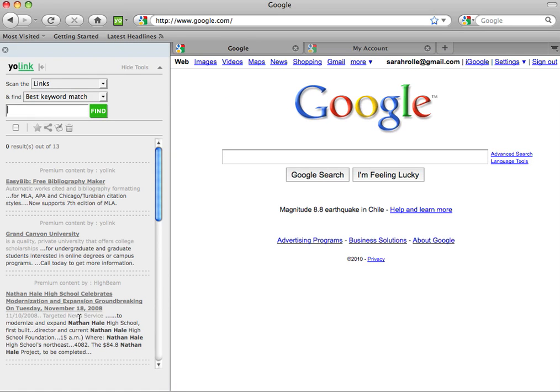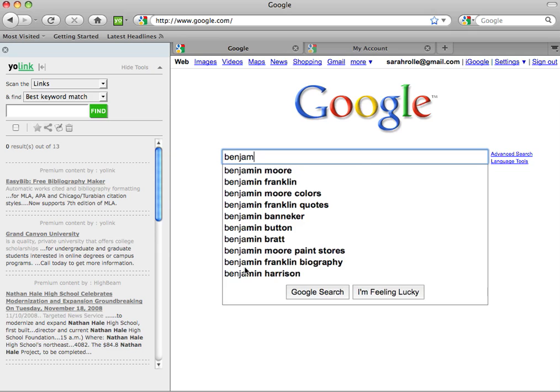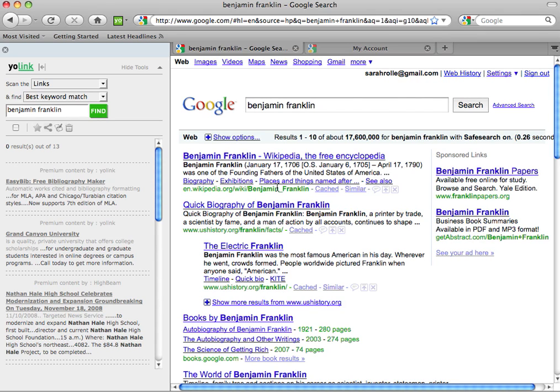It has a little bit of information left from the last search I did, but let's say I want to find some information about Benjamin Franklin, and I'm going to pick from this list that Google nicely gave me, and you notice that in my left-hand sidebar over here, the words Benjamin Franklin were automatically put in here. So I have all these results, right? Google even tells me I'm looking at 1 to 10 out of 17,600,000 searches. But if I come over to Yolink and I click on Find, what Yolink will do is,